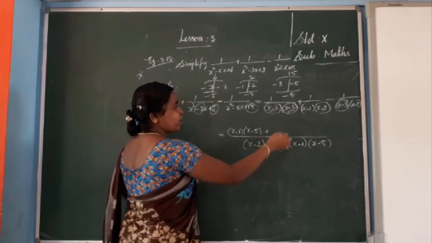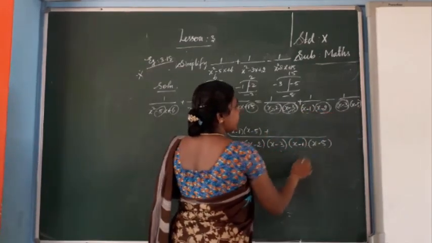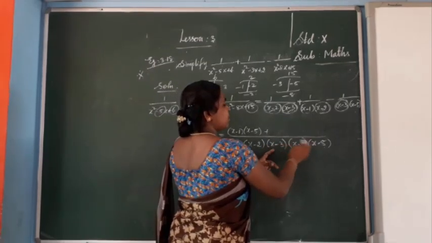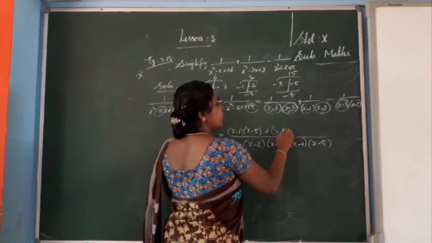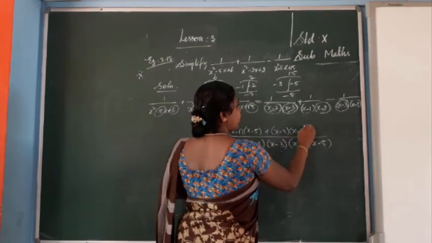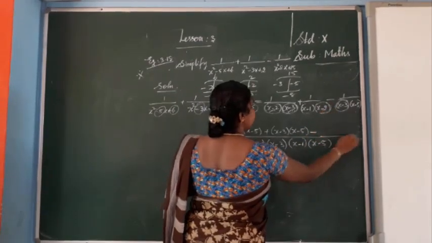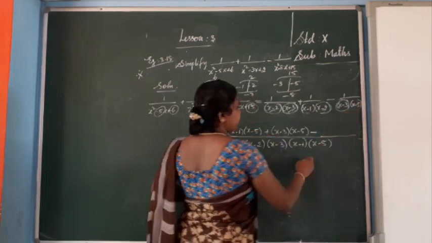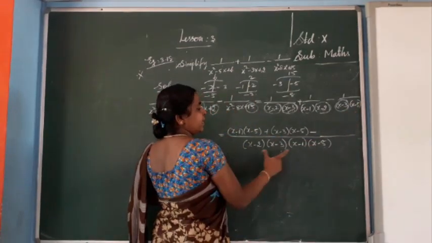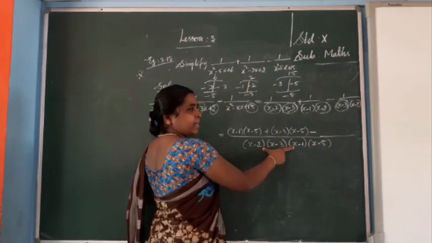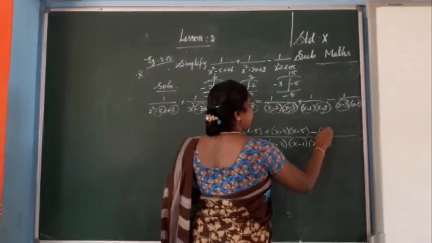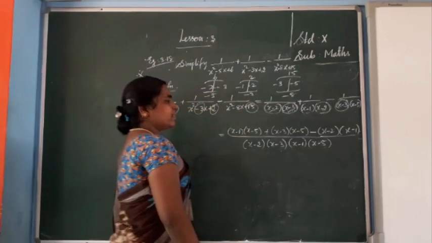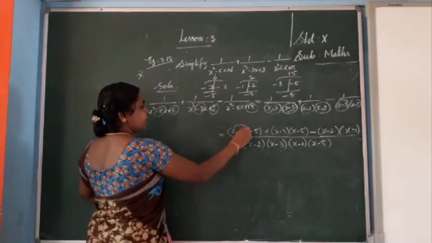Okay. Like that, the next part, x minus 1 and x minus 2 are here. So x minus 1 and x minus 2. What terms are remaining? x minus 3 into x minus 5. Okay, then what is here? Minus. The next one: x minus 3 and x minus 5 are there. So these two terms are there. What other terms are not there? x minus 2 into x minus 1. Are you clear? Next, you just have to remove the brackets and multiply.